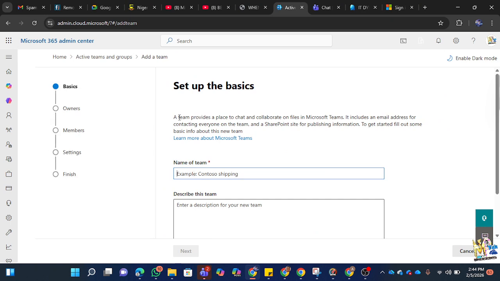A team provides a place to chat and collaborate on files in Microsoft Teams. It includes an email address for contacting everyone on the team and a SharePoint site for publishing information. When you publish information, everybody in that particular team will have access to it, because it's just one email. So for the name of the team, let me use